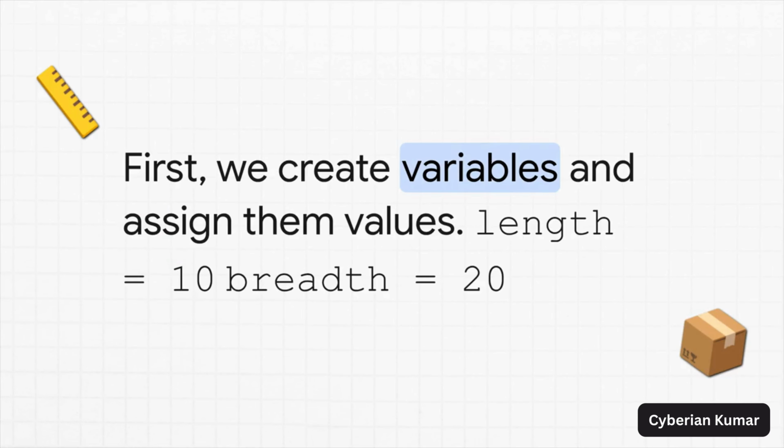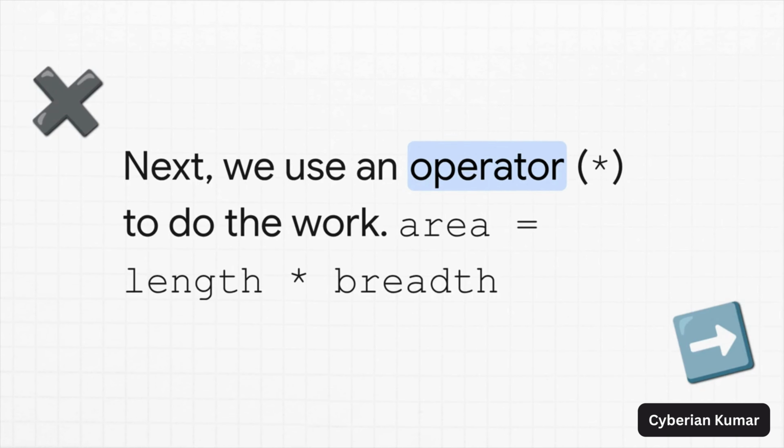Okay, let's see this in action. It's way simpler than it sounds. First, we'll make two of those labeled boxes, two variables. We'll call one length and put the number 10 in it. Then we'll make another called breadth and put 20 in that one. Now, we bring in a power tool. We use the multiplication operator, that little asterisk, to tell the computer, hey, take whatever's in the length box and